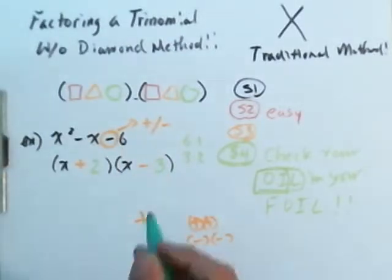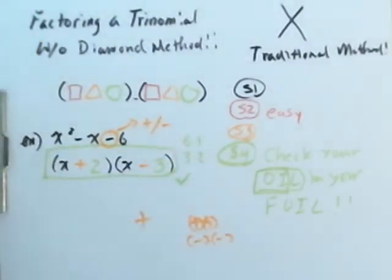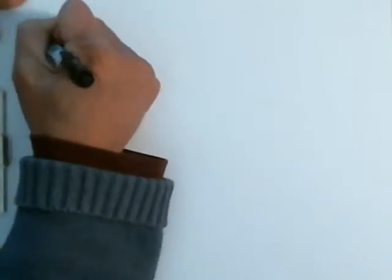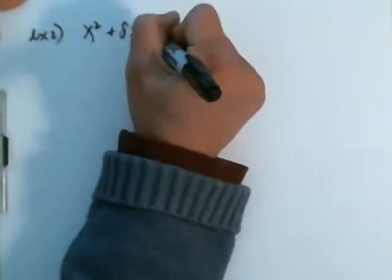We checked our oil in our foil, and that's our answer. I'm going to box this, okay? So that's example number 1. Example number 2, it's a little bit easier. I'm going to write this out for you. Example 2, x squared plus 8x plus 12,